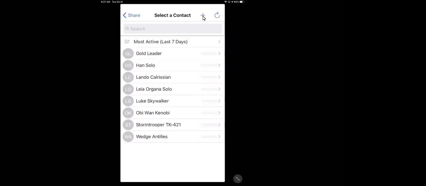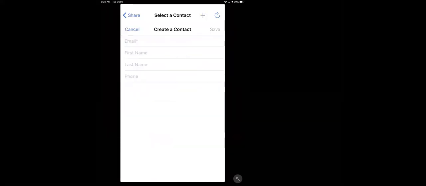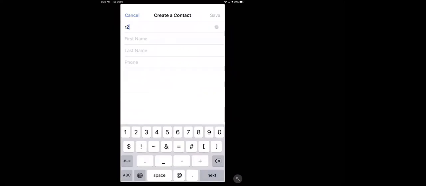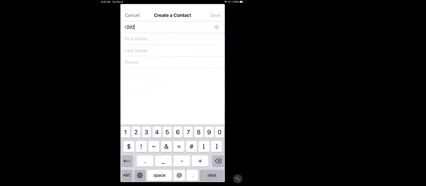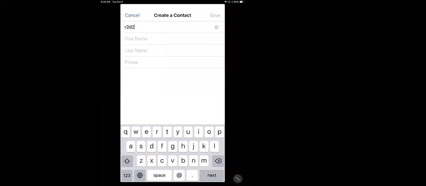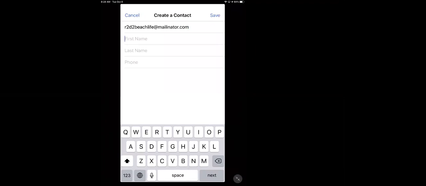So what I'm going to do is tap on the plus sign, and I'm going to put in his information. So we'll say R2D2, beachlife at mailinair.com. And we'll put in his information, R2D2. And if I put in a phone number, the great thing about putting in a phone number